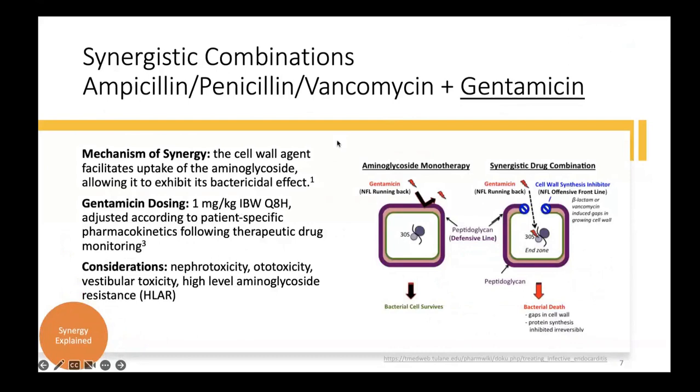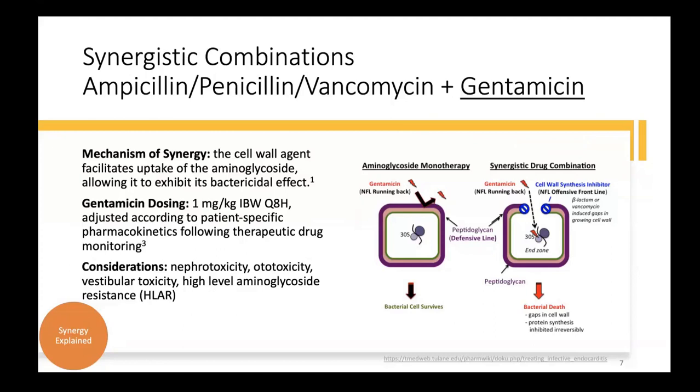So the first synergistic combination would be ampicillin or penicillin or vancomycin plus gentamicin. The mechanism here is that the cell wall agent facilitates the uptake of the aminoglycoside. So that allows it to enter and exhibit its bactericidal effect. This little football reference on the slide provides another way of looking at it. I'm not very good with football references, so sorry if I use the wrong terminology here, but if it breaks down like the wall of linemen, the running back can enter the cell and do whatever he needs